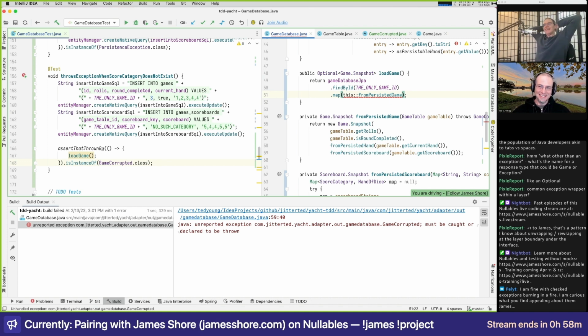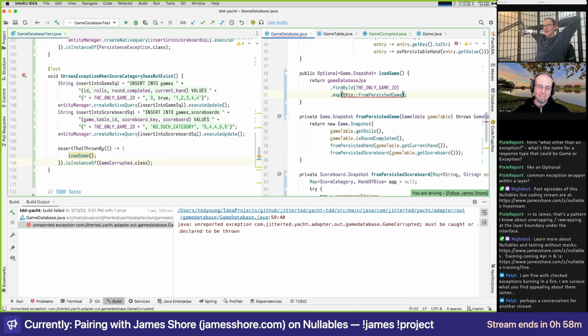I just feel like that is the proper API here. What I like about the checked exception is that it is impossible for us to misuse load game. Because people don't think about errors, it is so common to call a method that has genuine error conditions that could happen and not realize it.